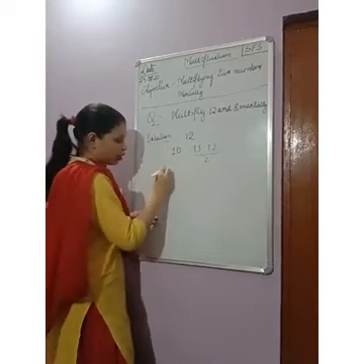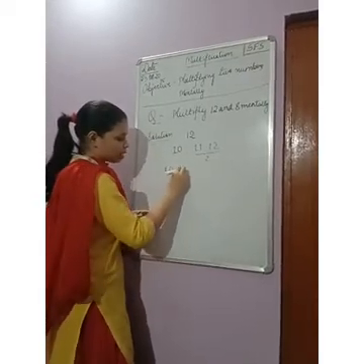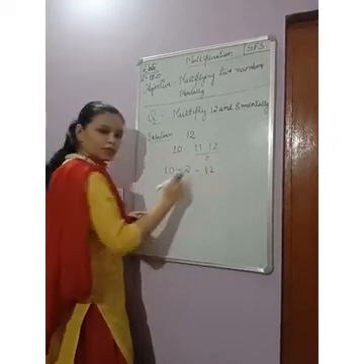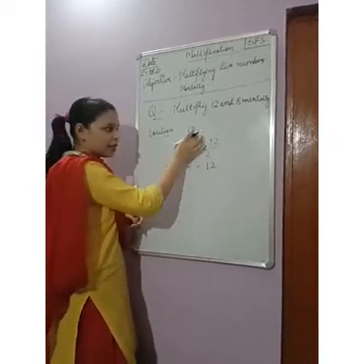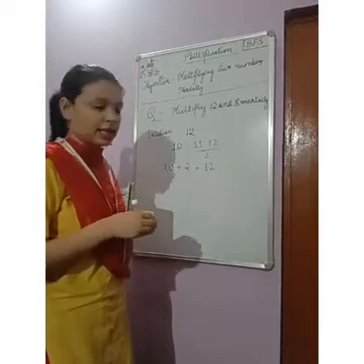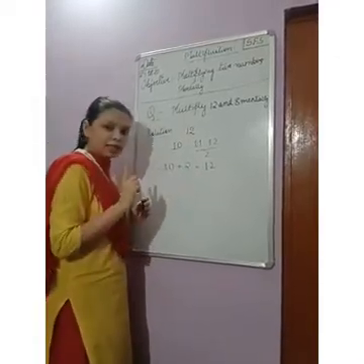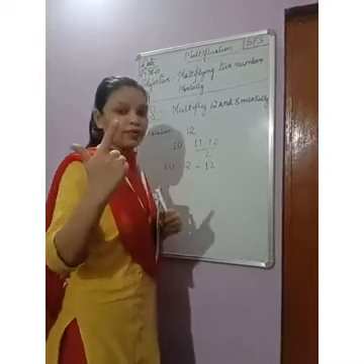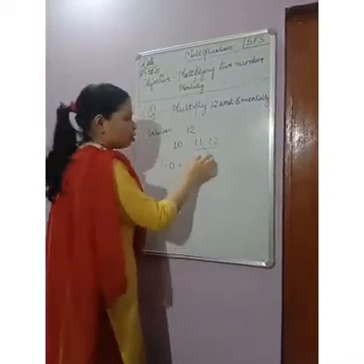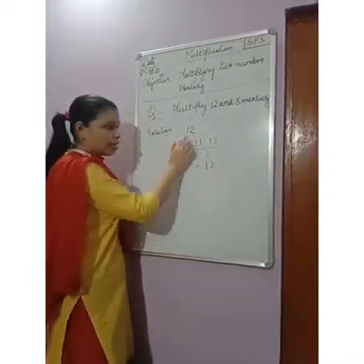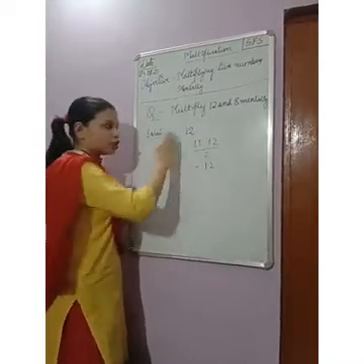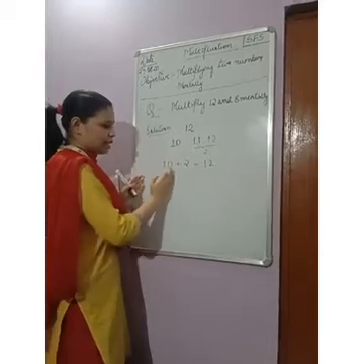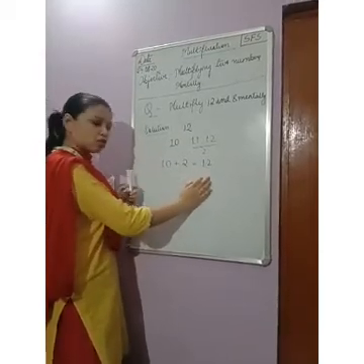Okay? So what we got? 10 plus 2 equals to 12. Clear till here? When it is a 2-digit number, we take 10 as the first part, and for the second part we count the numbers 10, 11, 12. So if I add 2 with 10 we will get 12. That means to reach 12 we need only 2. Okay? Then I will add the numbers 10 plus 2 equals to 12.